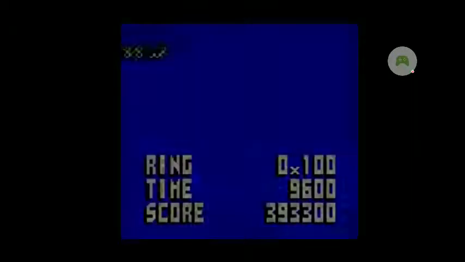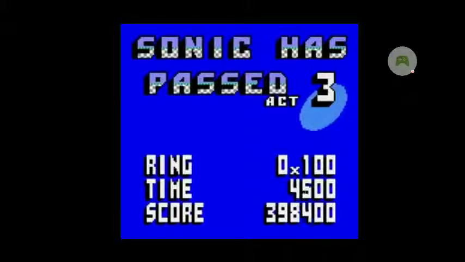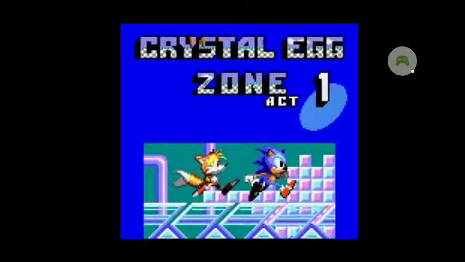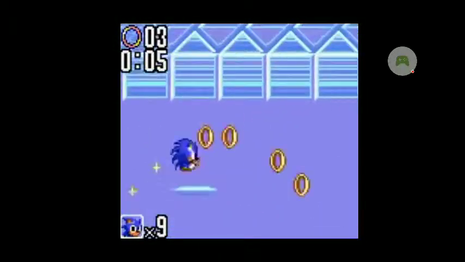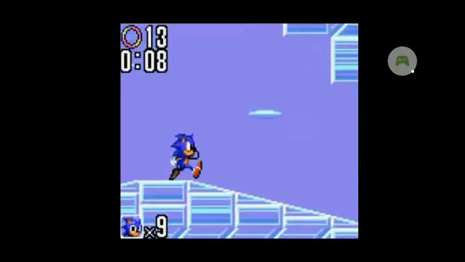See that Chaos Emerald they dropped? You have to grab it. I heard that there was apparently some way that, instead of having the Act Clear tune play out, it would play the jingle for collecting all the emeralds. But also, when you collect the final emerald, Sonic will be taken to Crystal Egg, where he'll go to